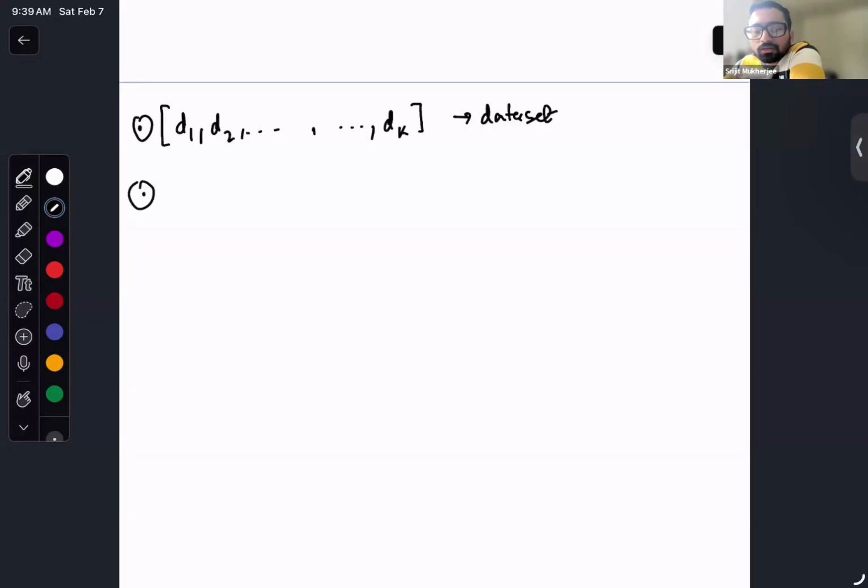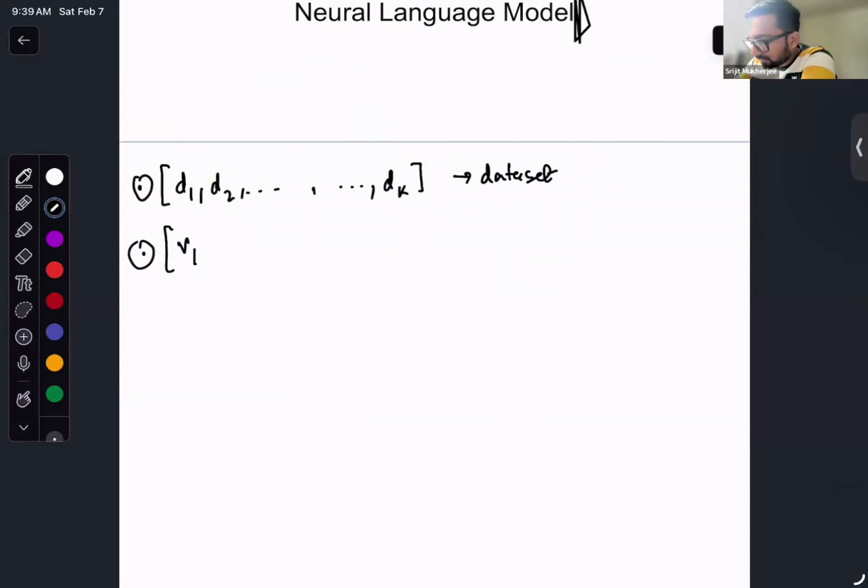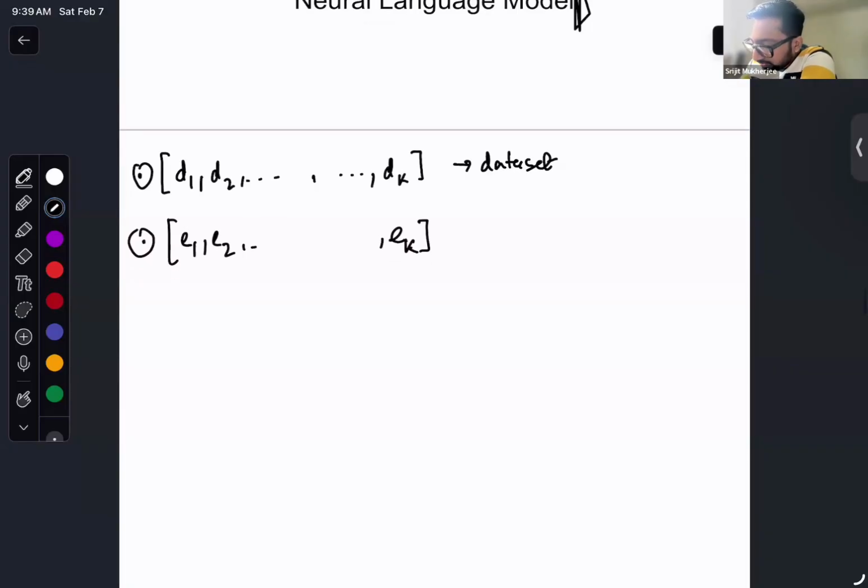So each of the data set now internally is converted to a vector. Let's call it embedding 1, embedding 2, embedding k. And what is done is this. In neural networks, this is very important to understand how neural network works. The neural network is inspired by the brain. Okay. So if you consider the brain,